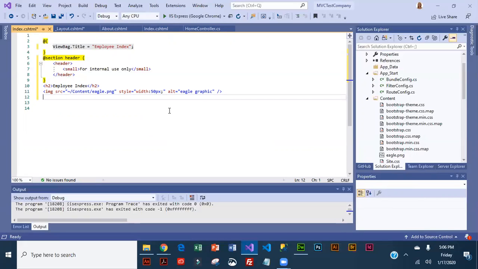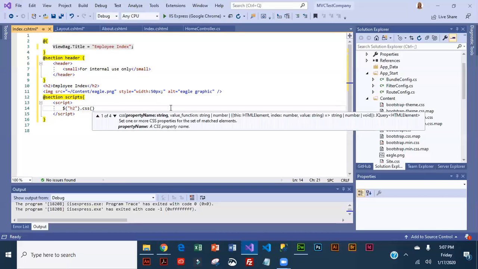Okay, then we are going to add a little script here. This is actually jQuery. So you guys are going to have to search your memory banks for that jQuery knowledge from CIT 190. And so this has to go in script tags. So we've got $, and what we're going to be formatting here are selectors H2. And we're going to do a little CSS change on this. So in parentheses and curly braces,